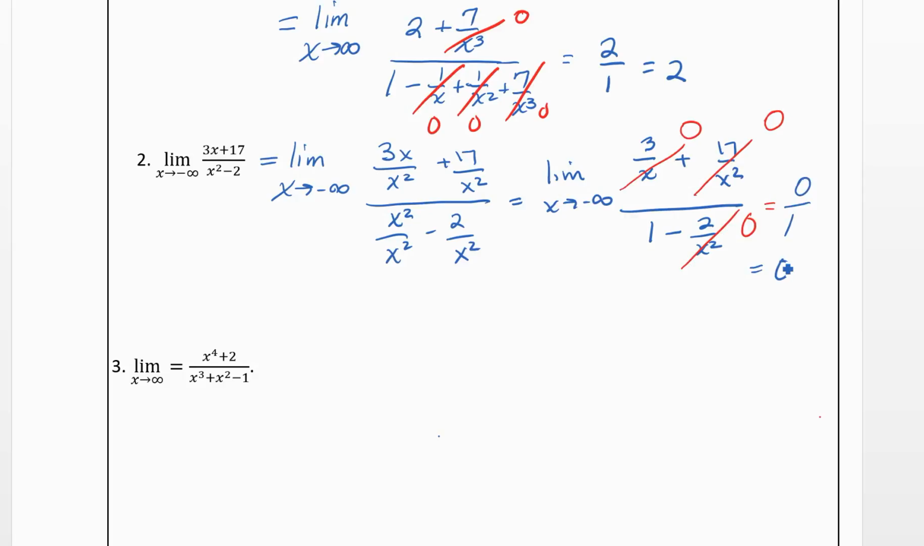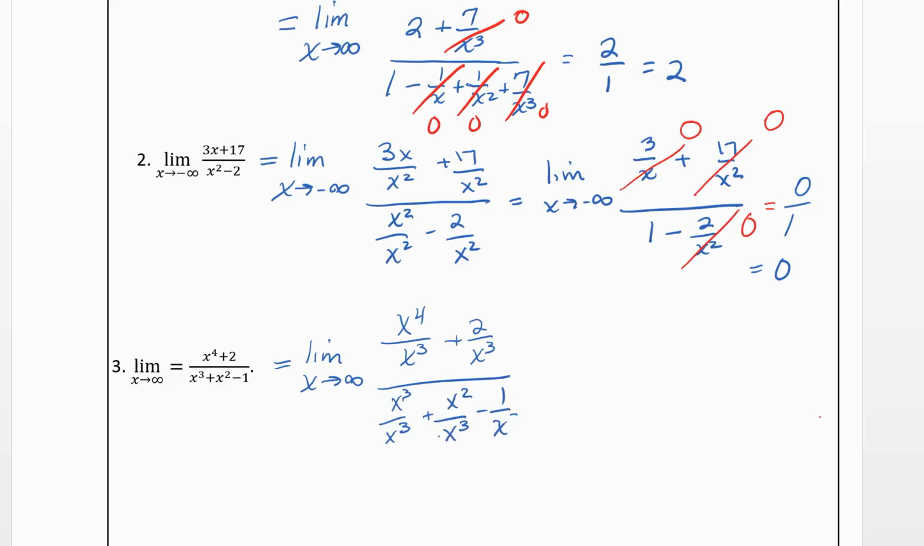Okay, and our last example here, we have the limit as x goes to infinity of x to the 4th plus 2 over x cubed plus x squared minus 1. So we're going to divide everything by x cubed. So here we have x to the 4th over x cubed, because remember we divide by the highest power in the denominator, plus 2 over x cubed over x cubed over x cubed plus x squared over x cubed minus